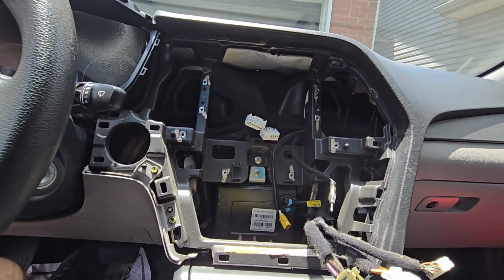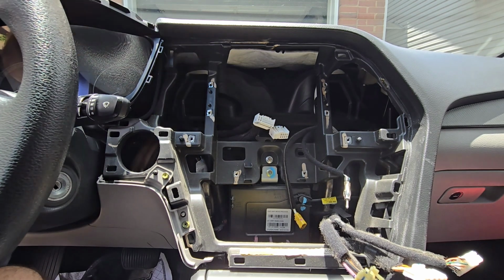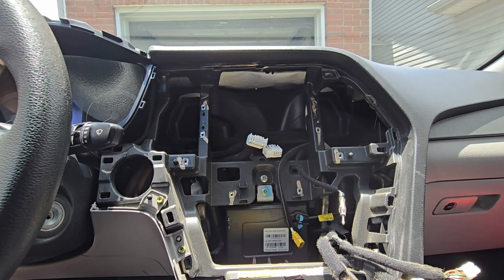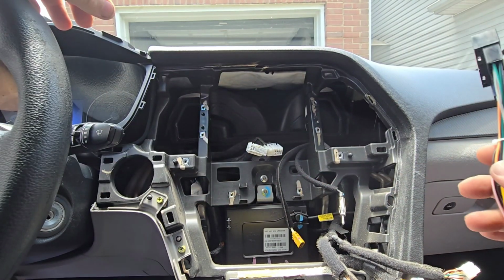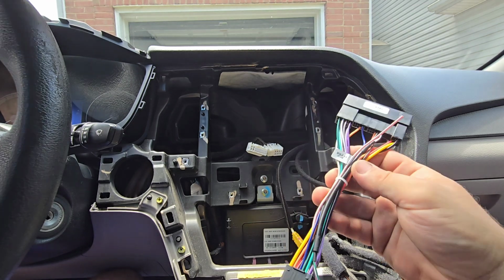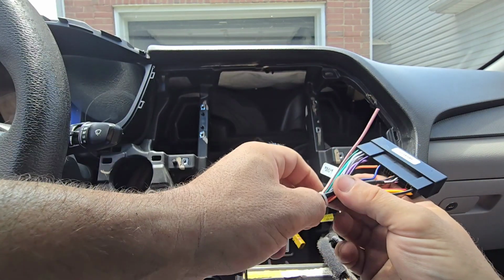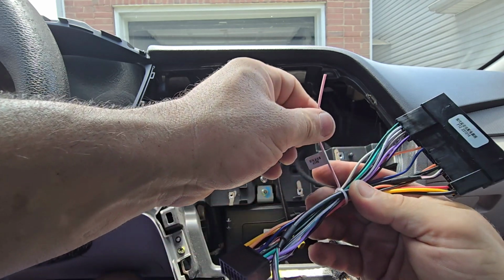So now the next step would be for us to install this central piece here. Okay, the next step would be, we have this main wiring harness that would go to,